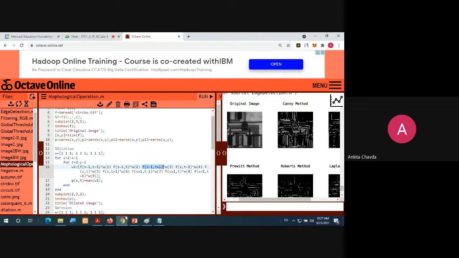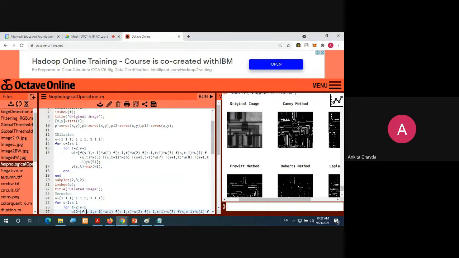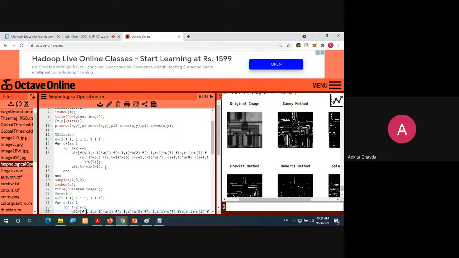You are considering it as the local level. You can even take 50 pixels, I really don't mind. So whatever you are getting, that is the summation, and that divided by this. So you are getting here the thresholding value, and if the pixel is greater than that thresholding value, then you are converting that pixel to 1, otherwise to 0. This is what you are doing at local level.